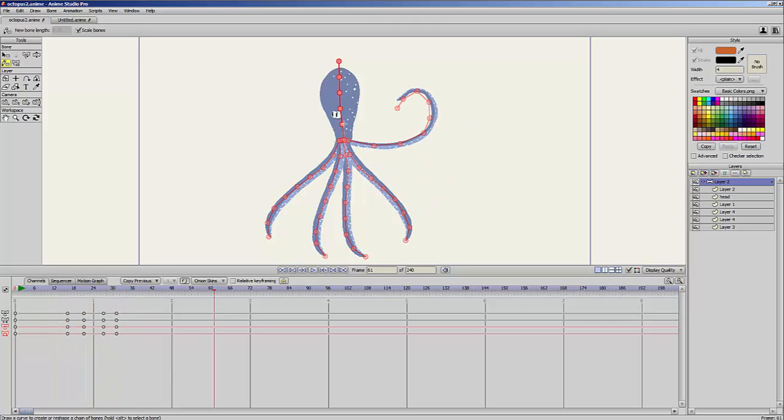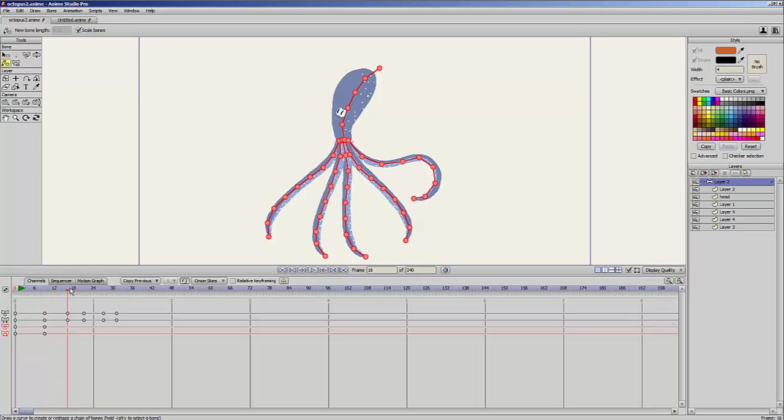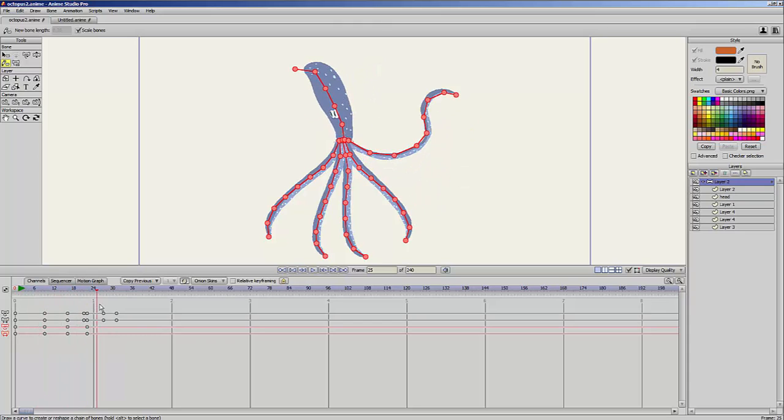Okay, and I can do the same with the head. So the head also has a squash and a stretch. So I can squash my head and stretch it to the other side. So I have this. Okay, so you can see it is a very new way